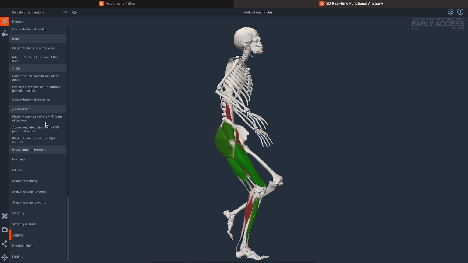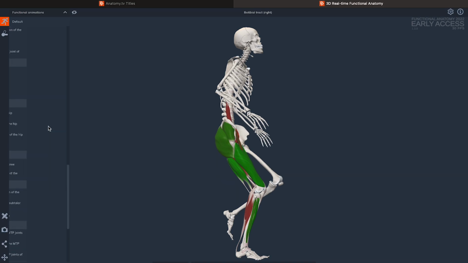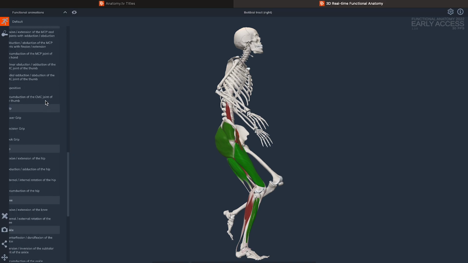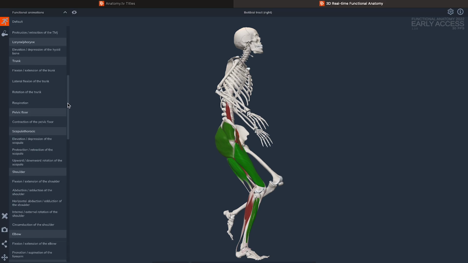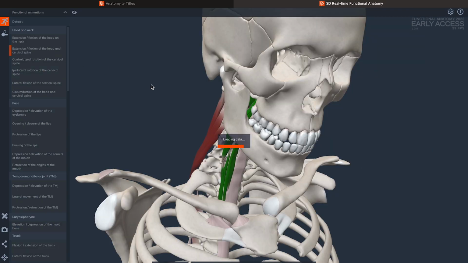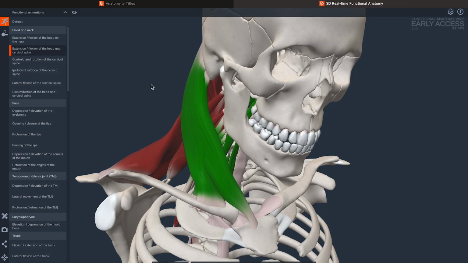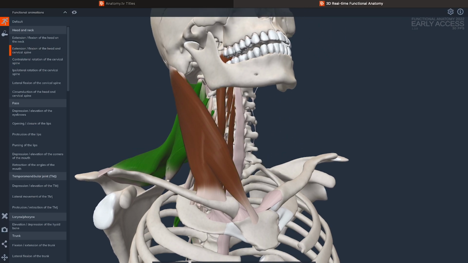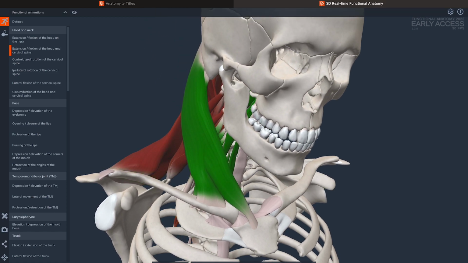Next, let's go ahead and jump over into one of the different regional movements. For today, I think we should go ahead and jump over into taking a look at extension and flexion of the head and cervical spine. Now, it is quite important for students focusing on physiotherapy and occupational therapy to be able to translate this information towards a more clinical or practical standpoint. Let's go ahead and play our animation and take a look at some of those different movements for flexion and